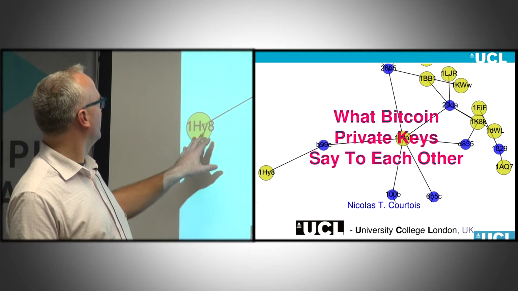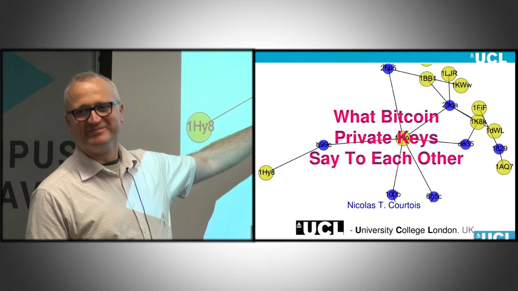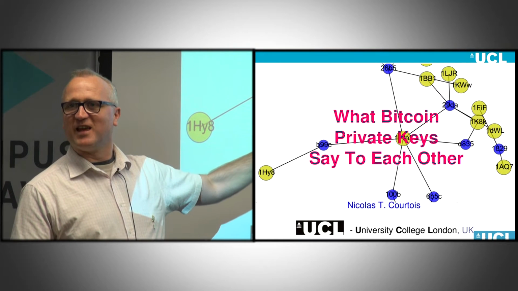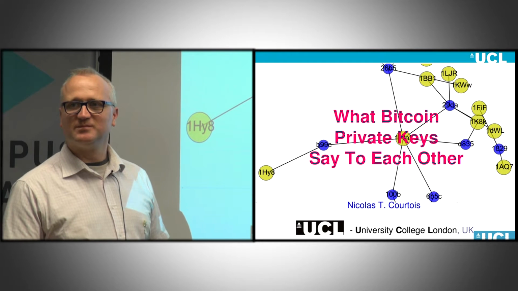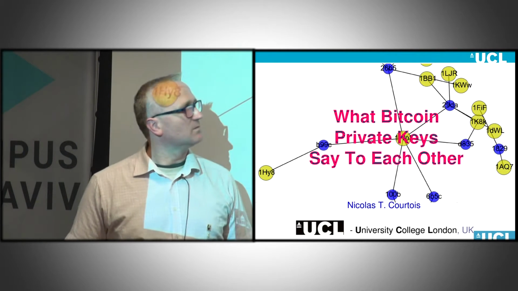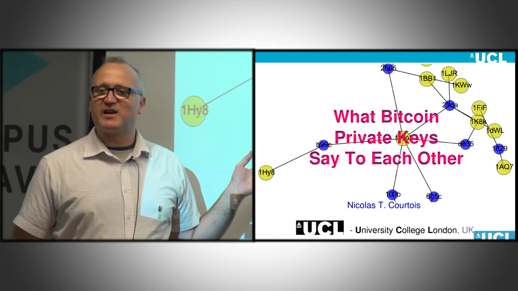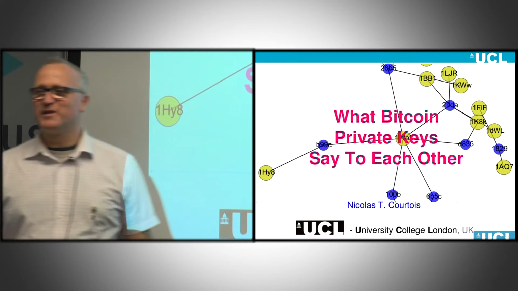For example, one user is going to use one random number twice. It's one of the ways in which things could go wrong in Bitcoin, and they went wrong very frequently in the past. There can also be secret connections in this graph. I will explain this a bit later, which are not visible.